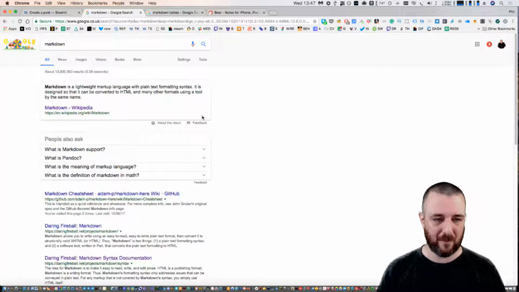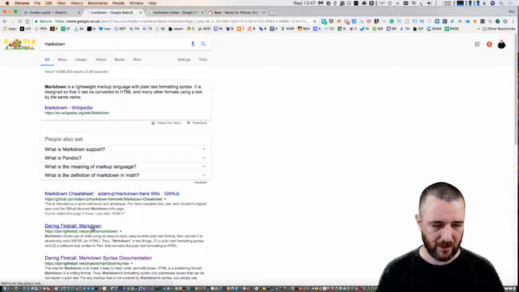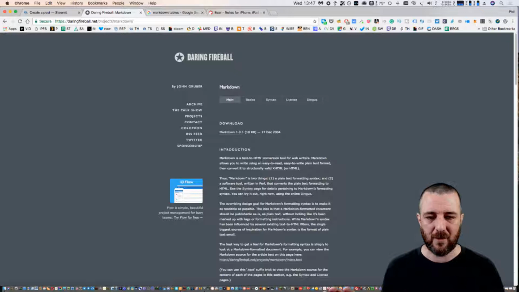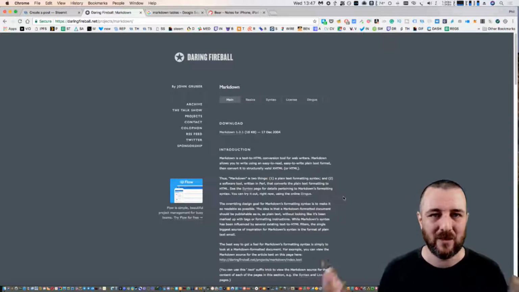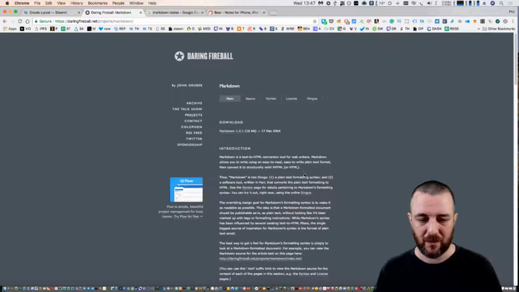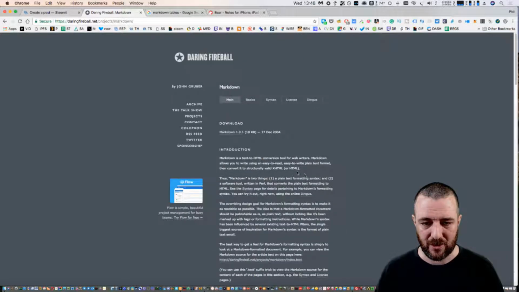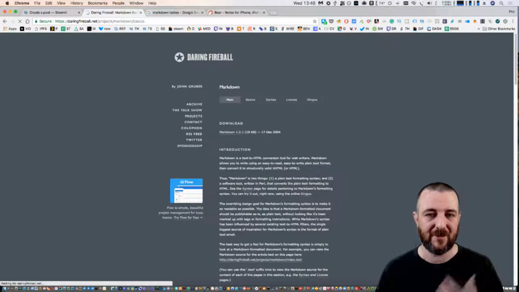Now, if you've never heard of Markdown before, and we do a little search for Markdown on Google, you can find a whole library documentation here on Daring Fireball, one of my favorite blogs, where I originally learned from John Gruber about Markdown. So it's a text to HTML conversion tool for web writers. So it makes sense to use it for writing blog posts. So if you follow this, there's various instructions about the different commands. You can see here you've got the basics are here,